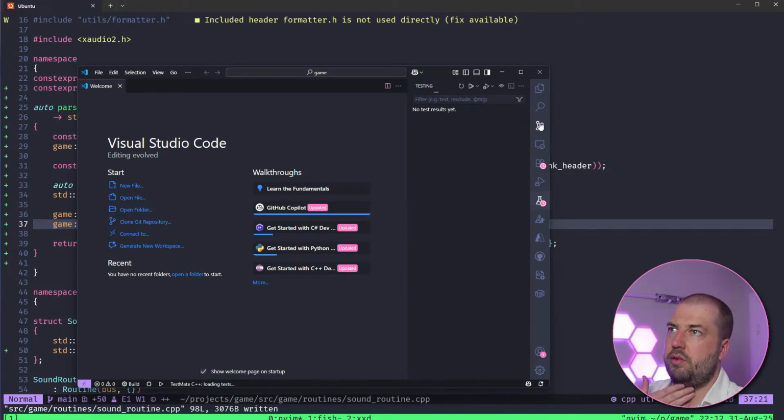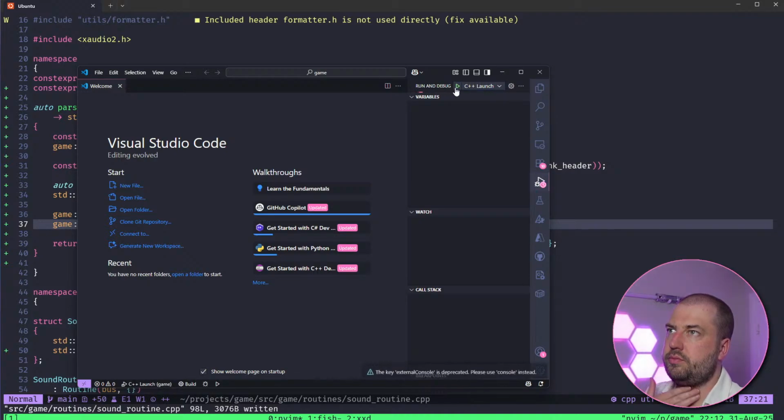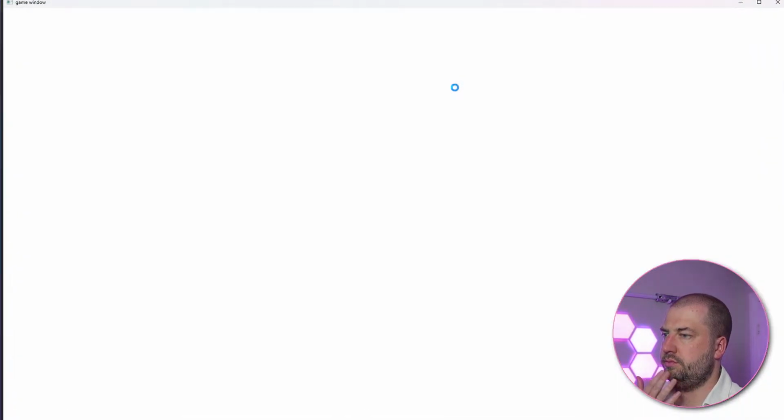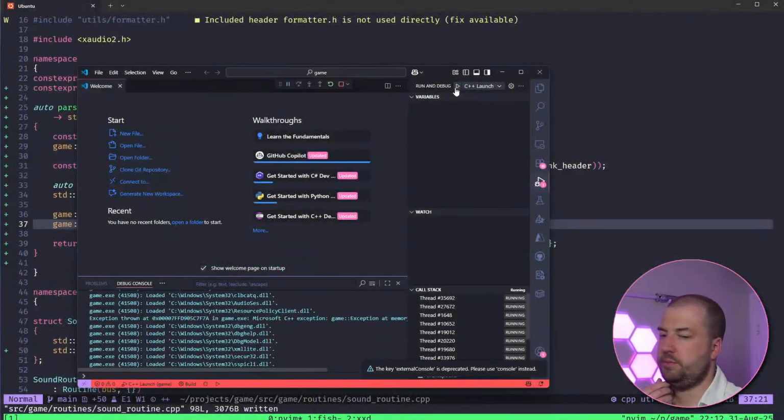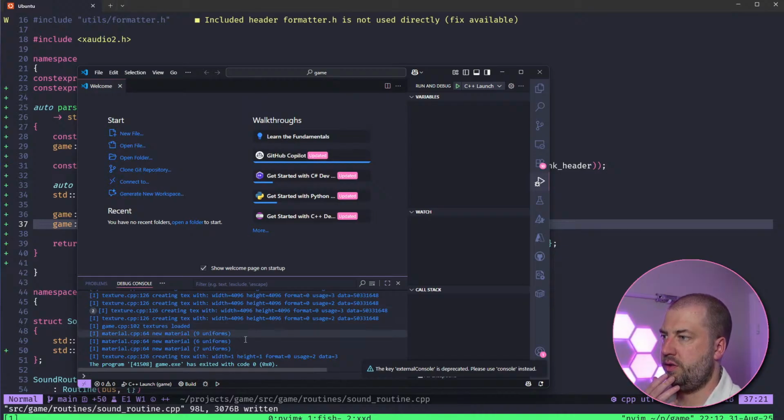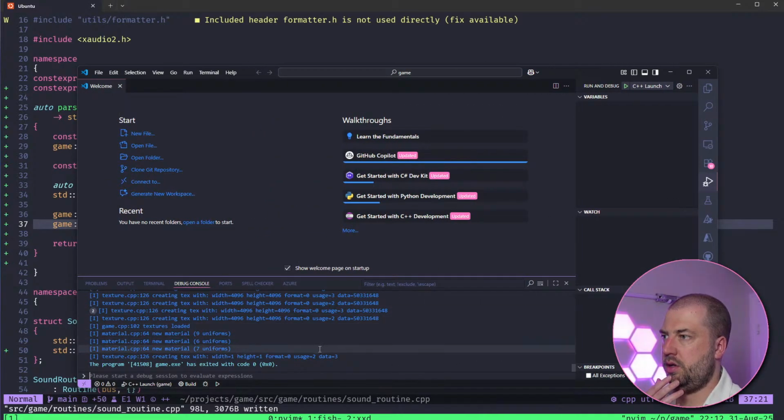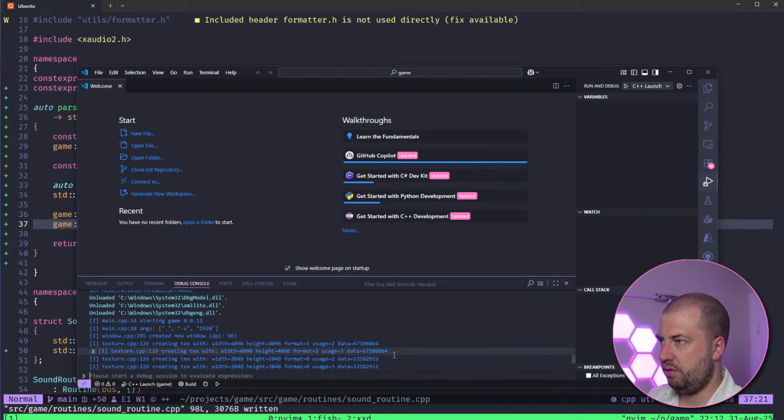So we can figure out what's going on here. What do you mean, just exited with code 0?